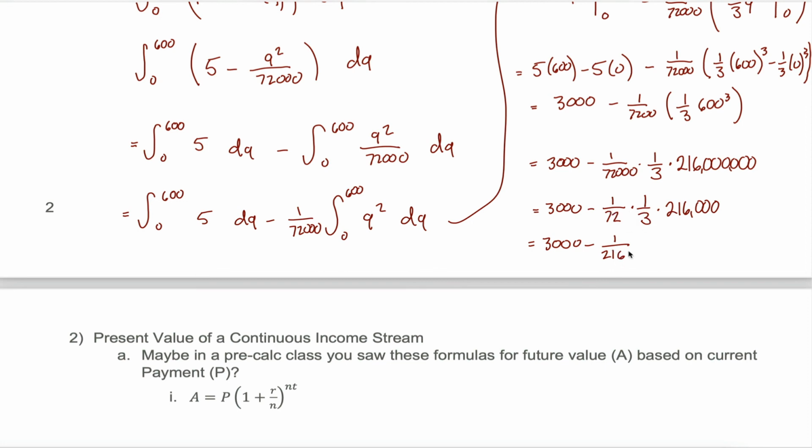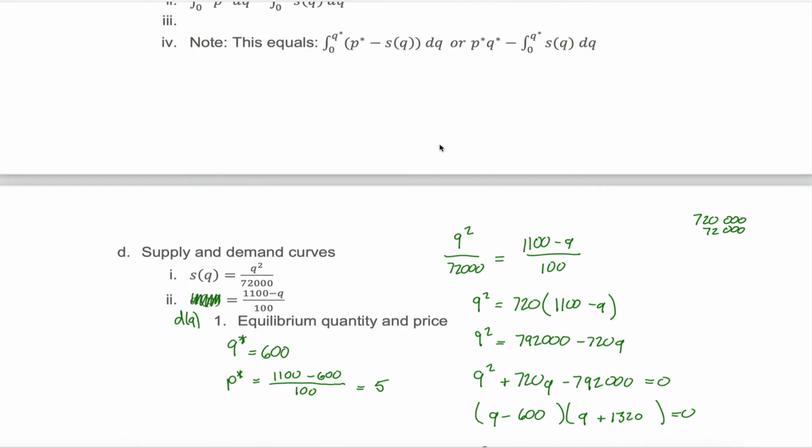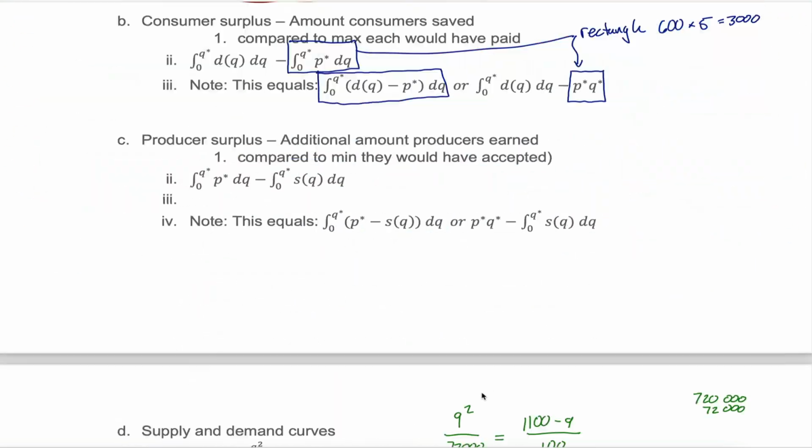So this times this is 1 over 216, and I'm multiplying that by 216,000. That's going to cancel, and I'm left with just 3,000 minus 1,000. In other words, 2,000. The producer surplus, in other words, the area that's shaded in brown here, is exactly $2,000